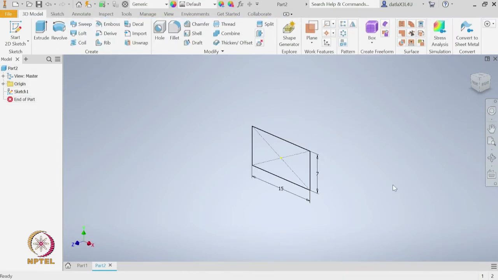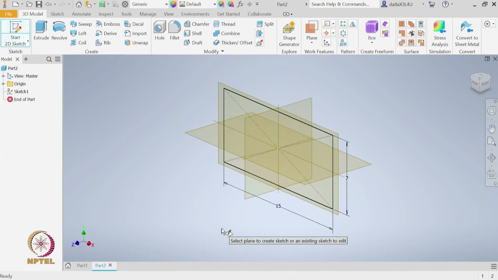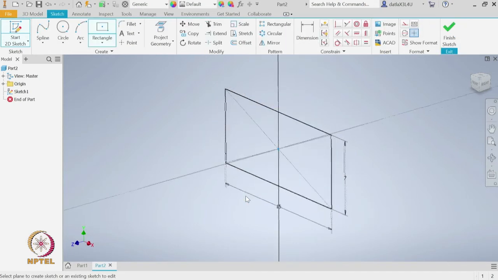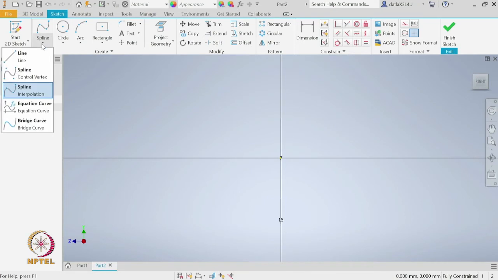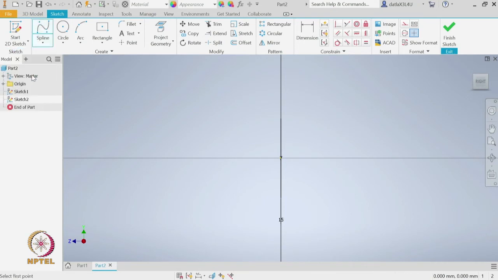So, what is now remaining is we need to create a path. For that let us again start with 2D sketch and then maybe I can start with this plane. And now let us create a spline with, let us say, a control vertex.